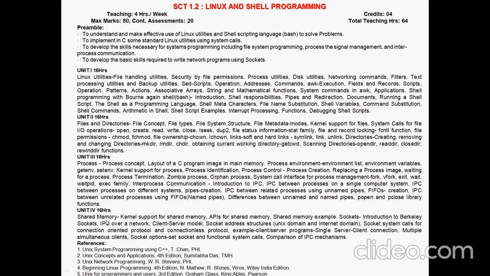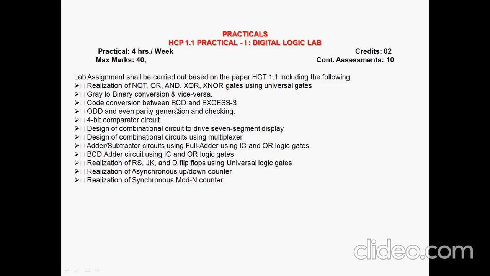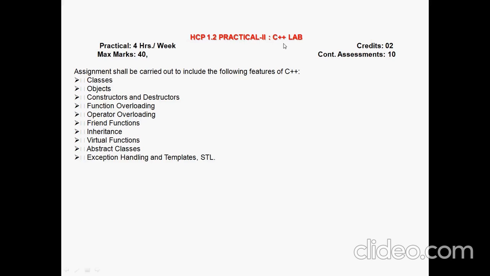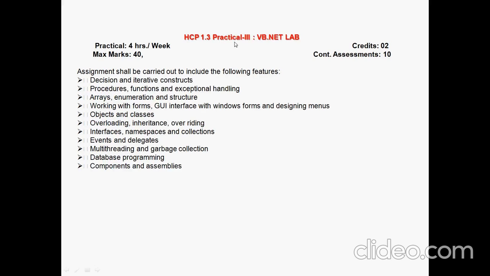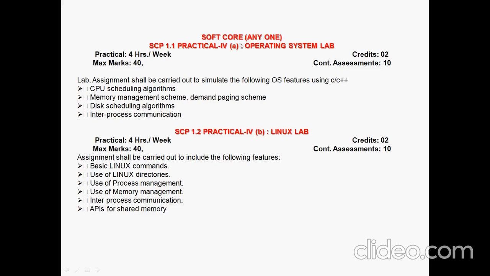In practicals also, there is the digital lab practical, and these are the assessments to be carried out. The 1.2 practical is the C++ lab, and these are the assessments carried out. The 1.3 practical is the VB.NET lab, and these are the lab assessments carried out. In softcore also, there are the operating system and Linux labs, and these are the